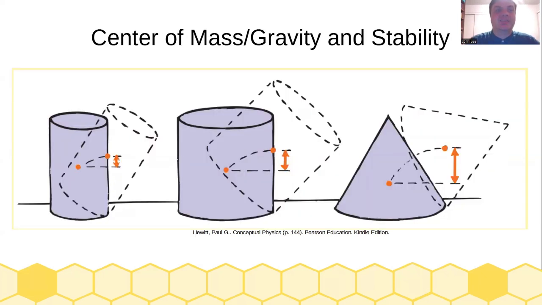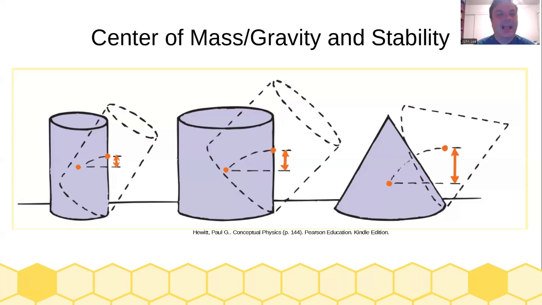The center of gravity also tells us how stable an object is, because gravity is going to be acting along the center of mass. It's going to be pulling down on average through the center of mass. As you tilt an object to the right, as long as the center of mass is to the left of the point that you're tilting, then the torque caused by gravity is going to be pulling it back down